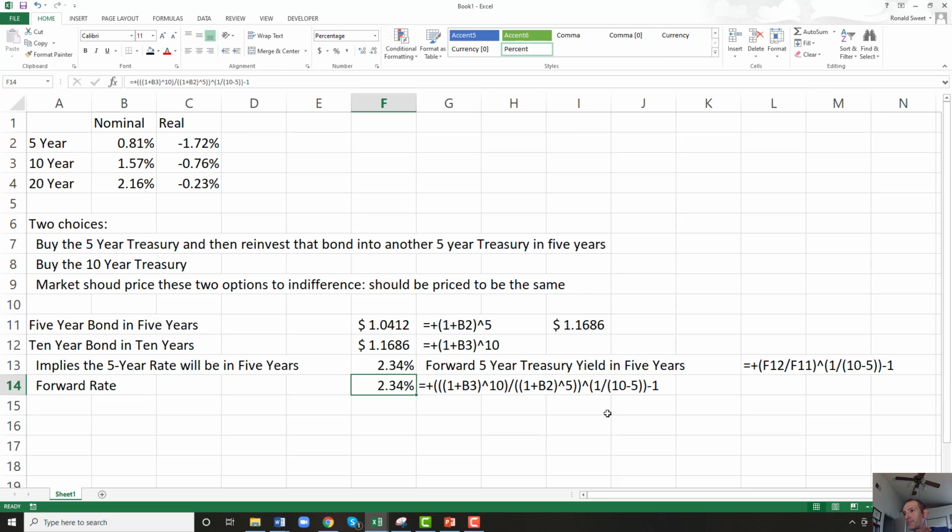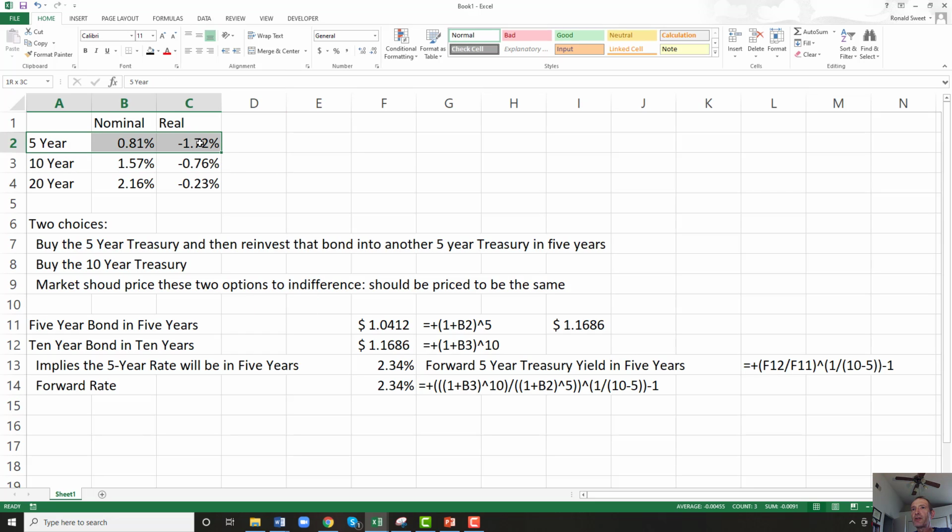Now, why did I say 10 minus 5? Why did I just say 5? Well, it gets a little confusing here. We're raising it to the 1/5. Some students say, well, we're raising it to the 1/5 because we're using a 5-year bond, but that's not the case at all. If you're comparing a 10-year to the 5-year, you're going to raise it to the longer period minus the short period. That just happens to also be 5 years. That's why I have the 20-year bond in here. All right,